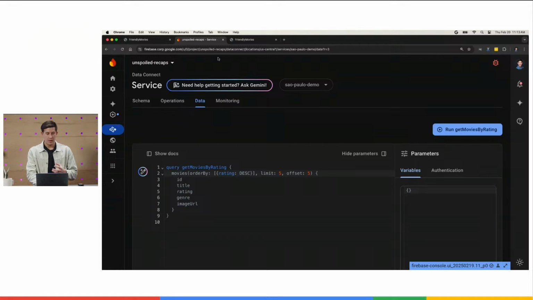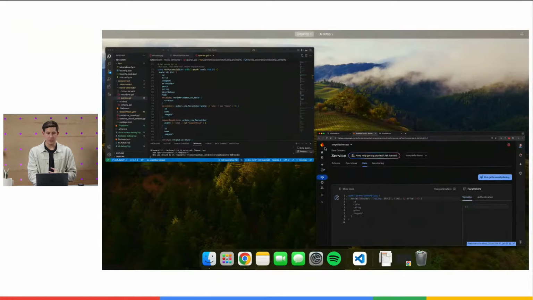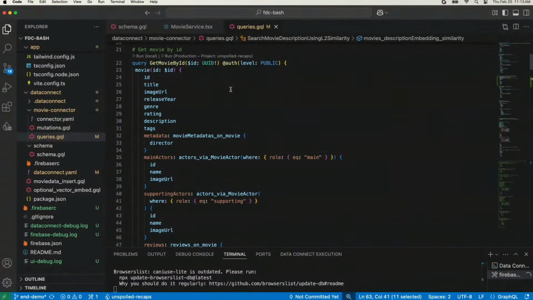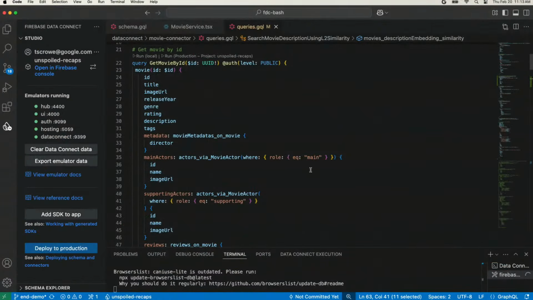So, one of the great things that we've built about this product is, yes, we have this in production, but when you are building an app, you need great local tools. And so let's transition over to see where I've written this all. This is my VS Code instance, and we built an extension called the Firebase Data Connect extension. You'll see here that I'm actually running a local version of all of my services. So I have not only Data Connect, I also have a local version of Firebase Authentication running. I also have a local version of Firebase Hosting running.